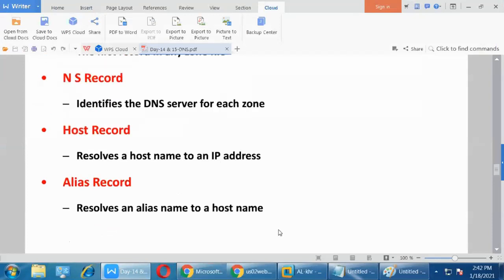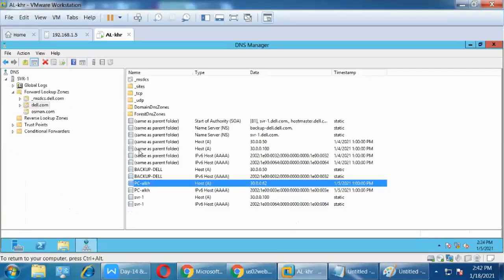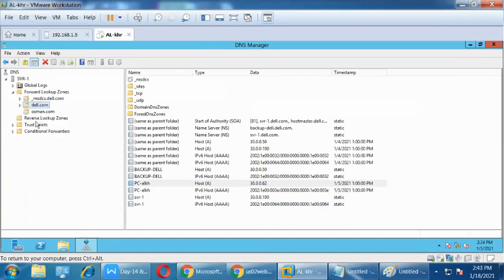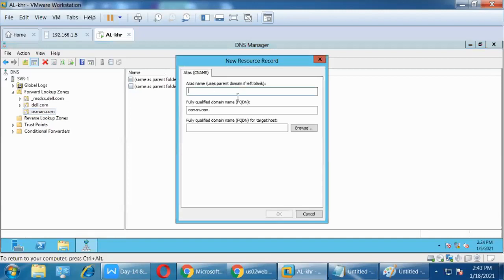So that is the reason, because I need to search the World Wide Web through the internet. So that is the reason I need DNS to have the alias record. Clear? So how can I create an alias record? New alias, common name. See here. www. See here. Are you watching? Are you able to see? Yes, sir. Yes, sir. We are able to see here.